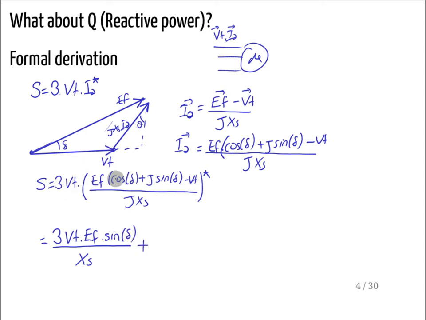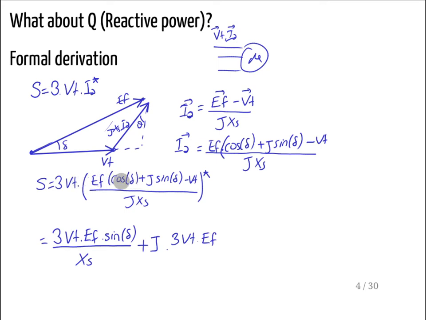Plus then I have normally something divided by j, I can multiply it by another j, so it becomes j here, and j squared is minus 1, so it becomes minus j something, but I need to take the conjugate, so it becomes positive, so you can derive it yourself. So I will just put the j here, so I have 3 VT times EF